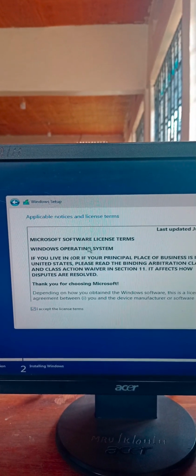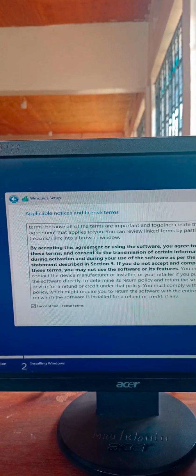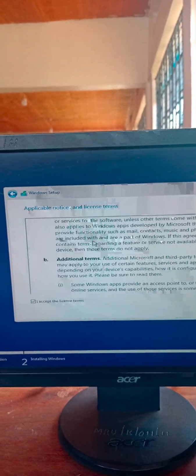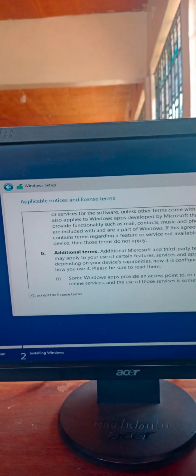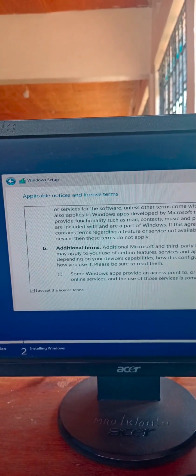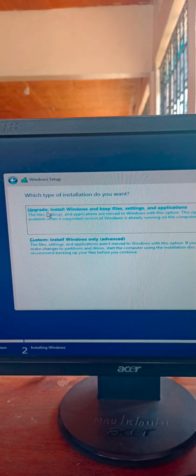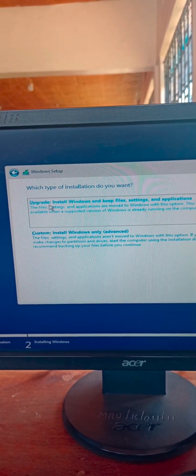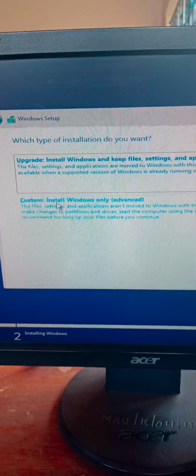These are terms and conditions that we normally read. Suppose you don't have the license key and you use this software, at times it will ask you to upgrade or update your Windows, or to install or activate the product key. So we say next. Now we have upgrade. Upgrade is when you upgrade from one operating system, like an old one, to a new one. Then we have updating, which is just to make some changes. We go to install